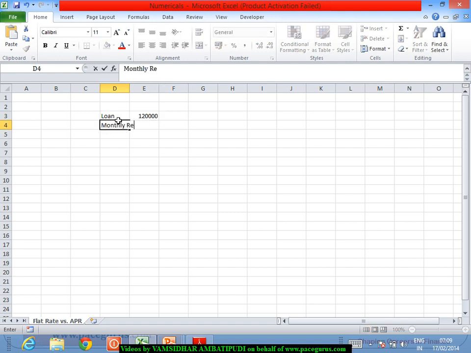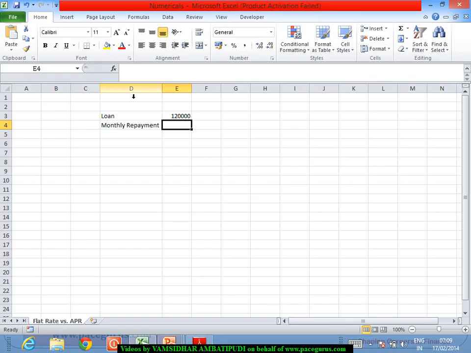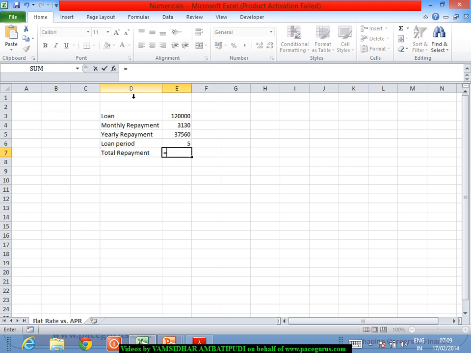Monthly repayment is working out to 3,130. So from here I can find out what is the yearly repayment. Annual repayment is nothing but monthly repayment multiplied by 12. The loan period is for 5 years. So total repayment amount comes out to 37,560 multiplied by 5, which comes out to